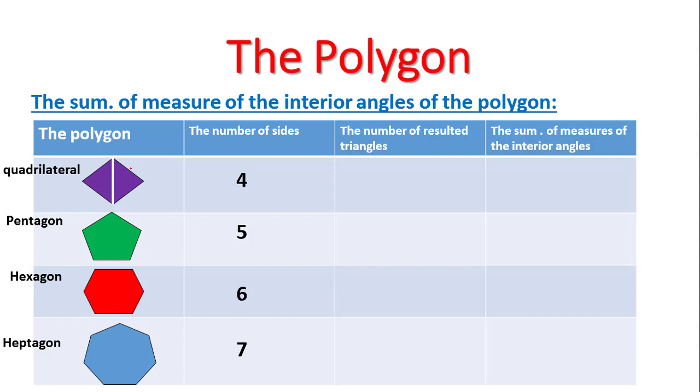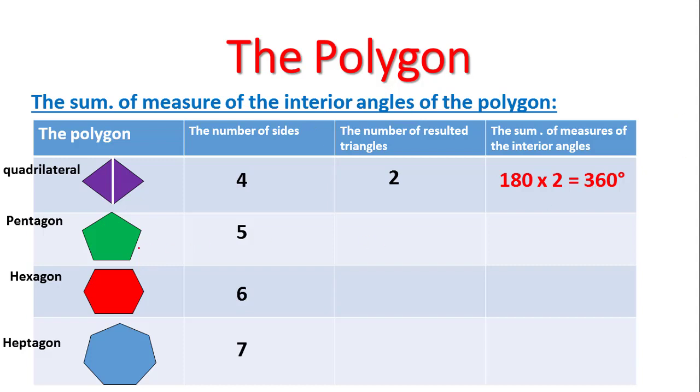Okay, what does it mean? It means that the summation of measure of the interior angles of the triangles equals 2 times 180. The number of resulting triangles will be 2. So I'll multiply 2 by 180 equals 360. So the summation of measure of interior angles of a quadrilateral is